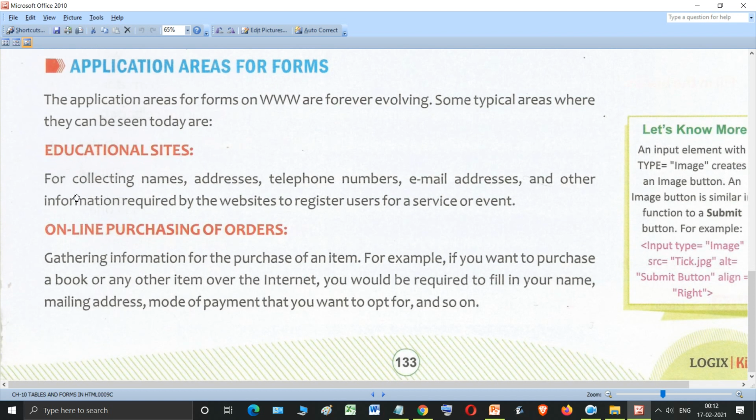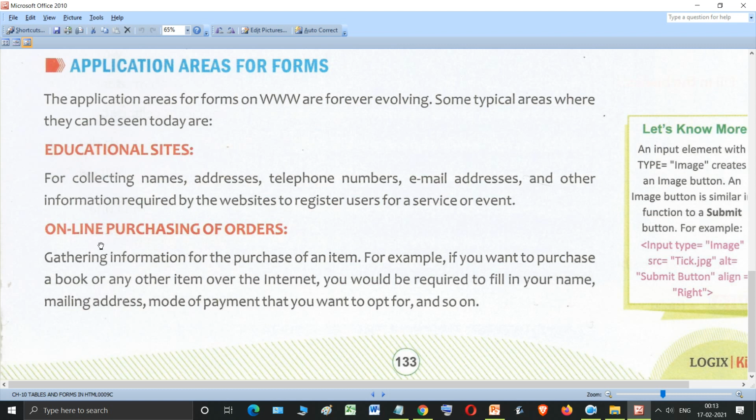So you have to open the website of that particular school, then open the admission form, and then you fill out your name, address, telephone number, email address of your parents, and different information that they ask, and then you need to register yourself. So different educational websites, colleges and all that, use these forms to collect various information from their students also.